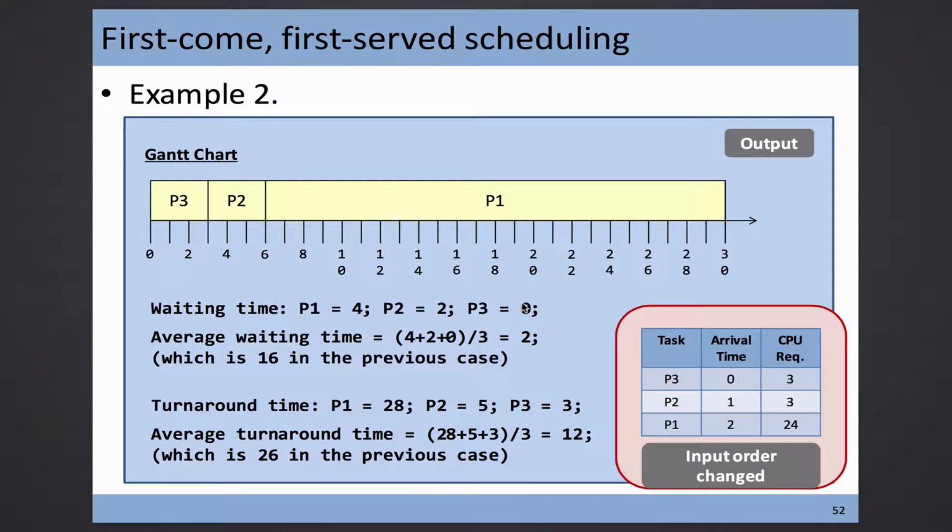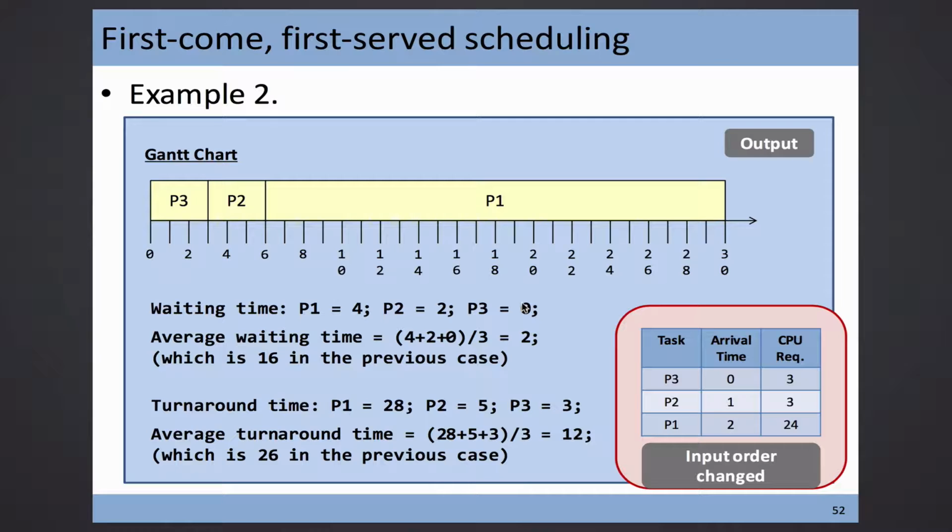Now for P3, the time that he stays unhappy is 0, because once he enters the queue, he gets the service. Now how about this guy? This guy is also quite happy, or I should say happier than the last time. Last time he had to wait until P1 finished that huge transaction and got his turn. Now this time he waits for fewer time. Only 3, but it's not 3 by the computation because he arrived later, at time 1. So time 1 minus 3 is 2, so he waits for 2 seconds plus 3 more seconds, then 5 seconds, then this guy can leave the shop.